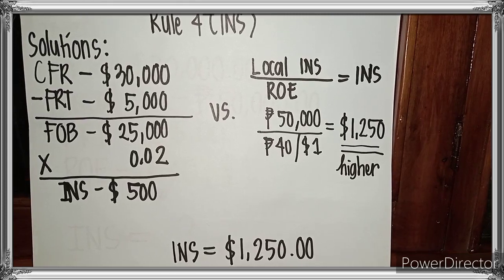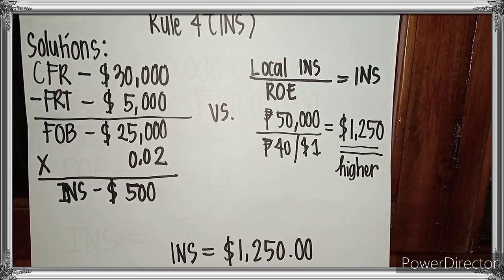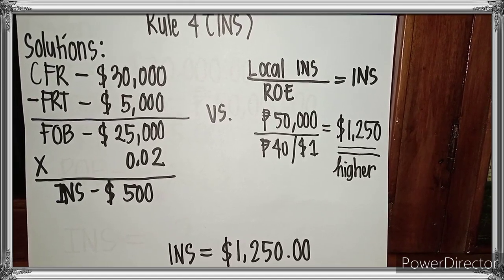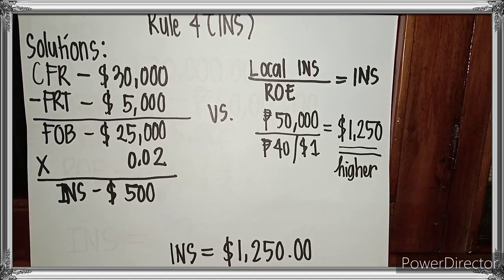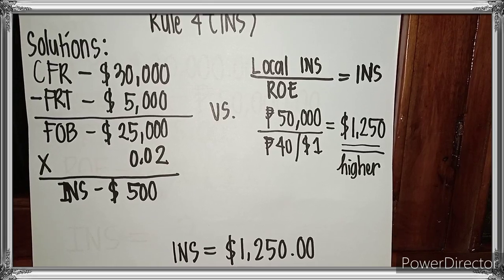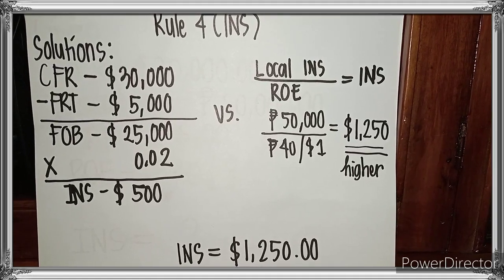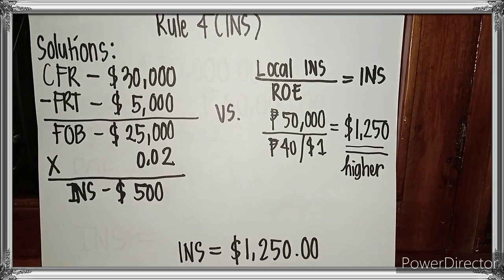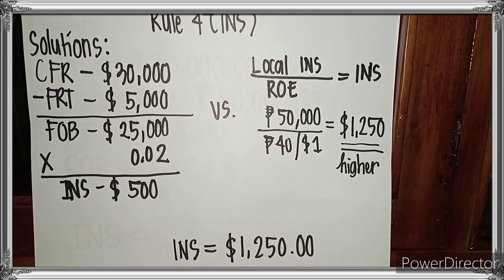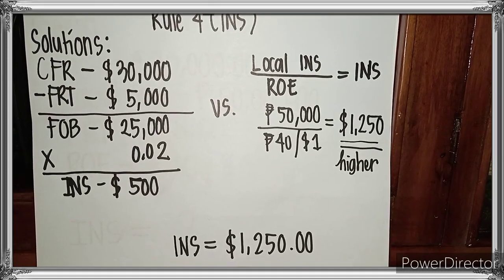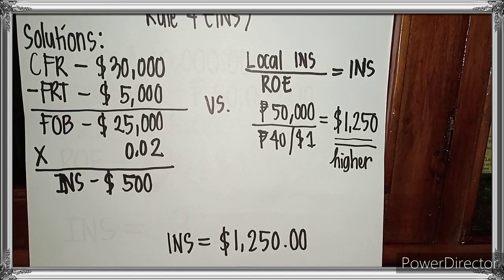Then we substitute 50,000 pesos divided by 40 pesos per $1, and we have an answer of $1,250, and then we will now compare whichever is higher. Whichever is higher between $500 versus $1,250, we can tell that the final answer is insurance is equal to